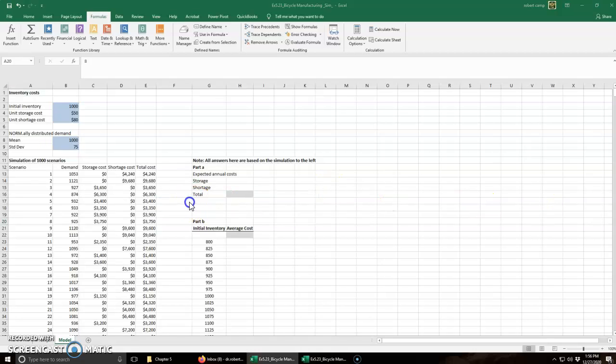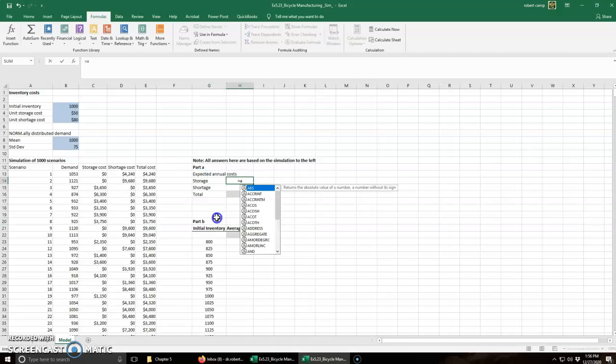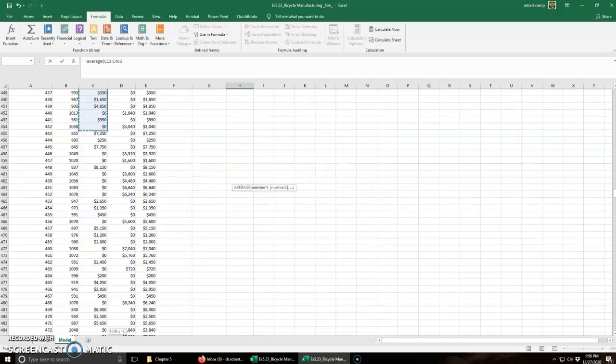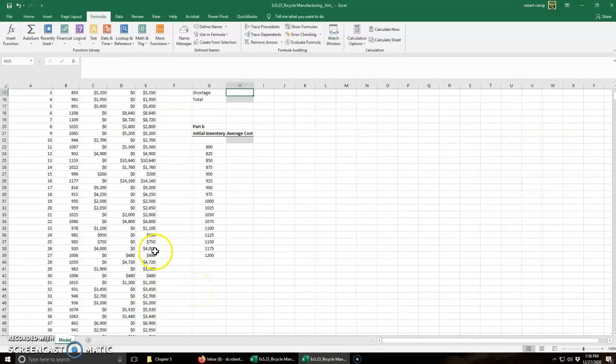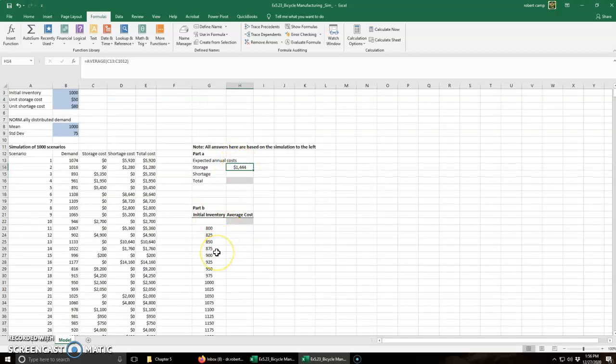So what am I going to do? I'm going to figure out what my annual costs are. So my annual cost will be the average. Why am I doing the average? Because I have these 1,000 different permutations of what could be, 1,000 different possibilities. And so I'm taking the average of all 1,000 of those. And that's going to say, well, based on our simulation, that should be the average cost of all of them, which should give me a pretty good idea of what the cost will be. We're going to do the same thing with shortage,